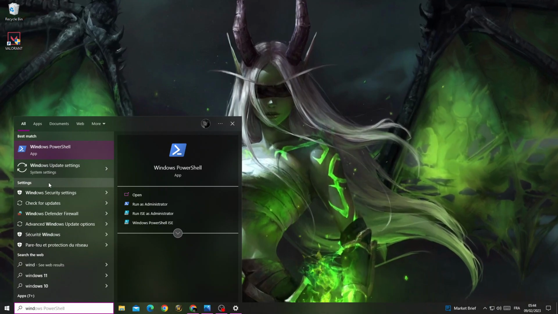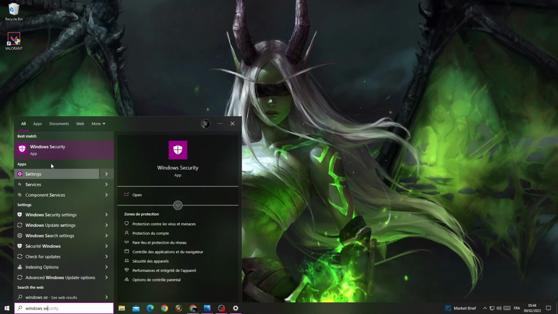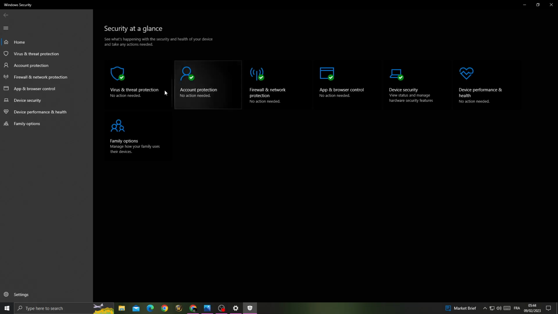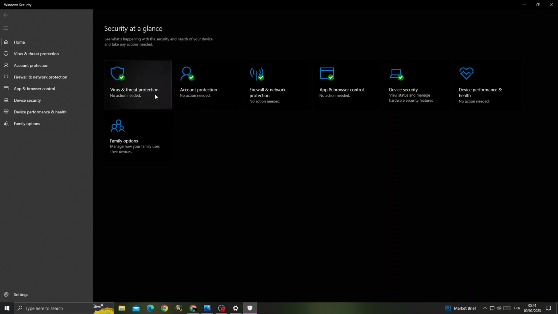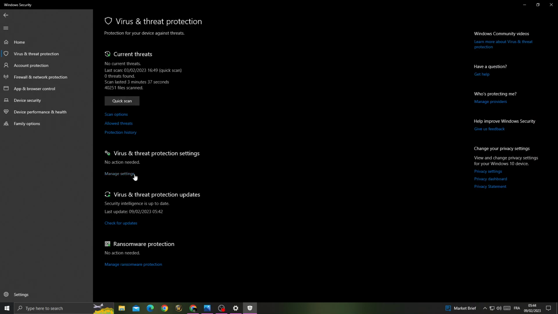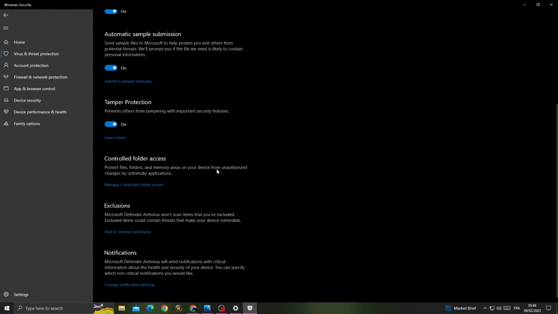Windows security, go to virus and threat protection, and then click manage settings. Scroll down, click exclusions,